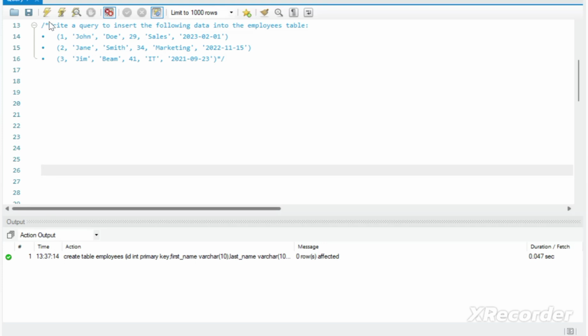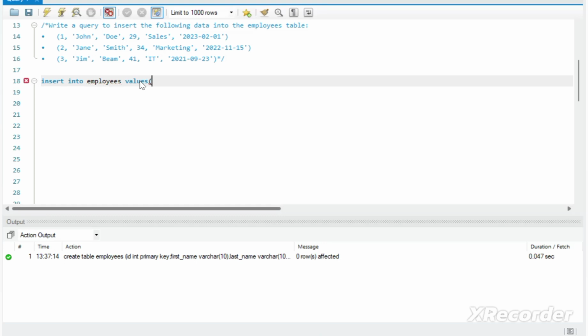And now the second query is write a query to insert the following data into the employees table. So just now we have created the table named employees, right? Now we need to insert these records into the table employees. To insert the values into the table, we have a command, that is insert into followed by table name, that is employees values. So let the ID be 1 and the name be